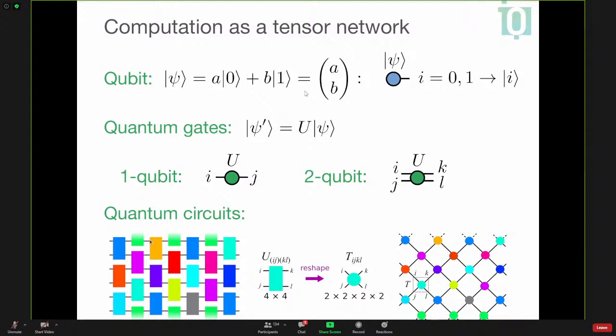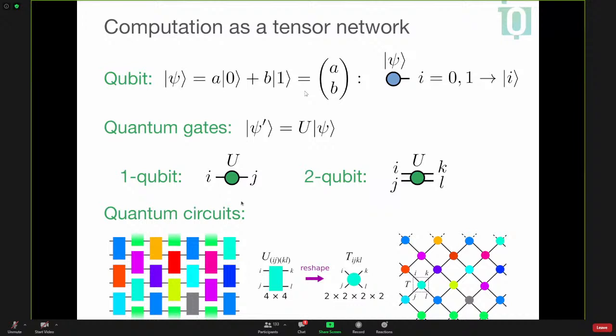It doesn't really matter, but here what I've done is I have absorbed, or contracted rather, any single qubit gates into bigger 2-qubit ones. And so, yeah, I take these 4x4, these 2-qubit unitaries, and I can reshape them as tensors, and I end up with a structure like this with tensors on a grid, okay?